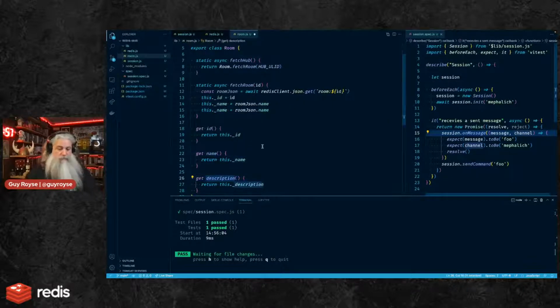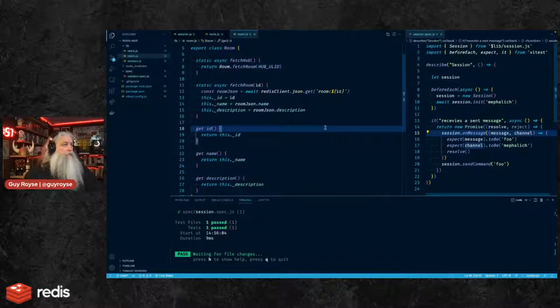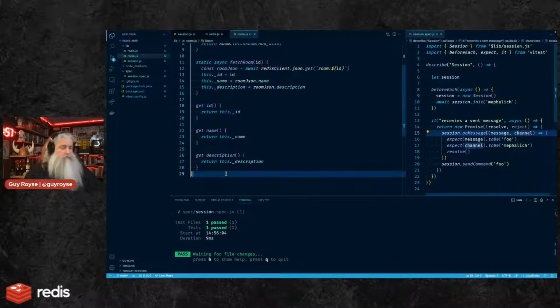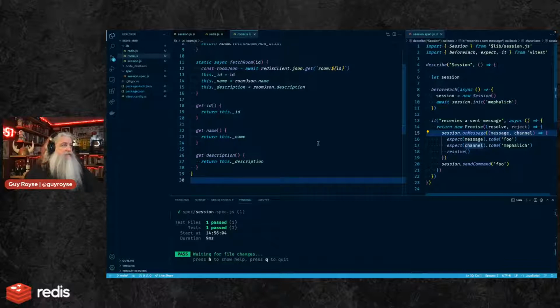And description. Now, I don't have any rooms out there, but I think that'll work. I mean, this will work regardless because even if we don't get anything, it's going to return an object back, and it'll just have undefined for these properties, so we'll get undefined, undefined, undefined.